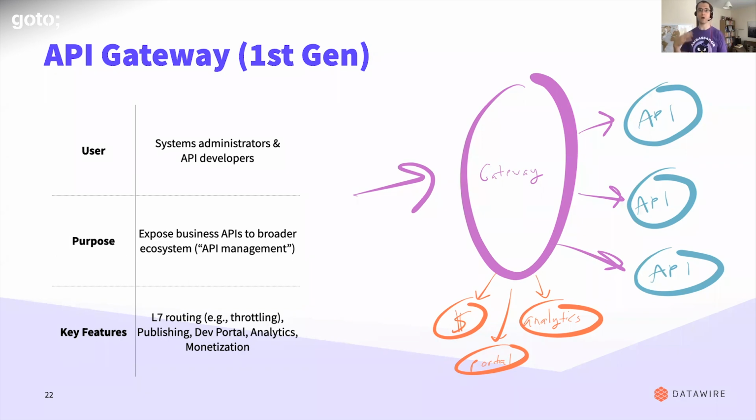When I was doing more dev work, this was a big deal. I was now thinking about the edge rather than just my back-end systems. I was thinking about how I can mash up these APIs, how I can monetize them. And because we were doing a lot of these application-level APIs, HTTP REST-like APIs, the features in the gateway started looking at layer 7 in the OSI stack.